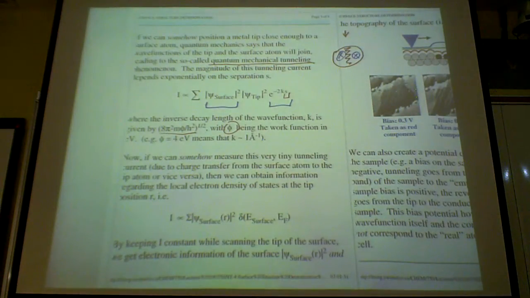This is well known. Tunneling has been known for 50 years since the invention of quantum mechanics in the 20s. So it's no big deal, but this is the first time, in the early 80s, that people actually could make tunneling occur artificially like this and actually use it for something useful. And of course, they were awarded the Nobel Prize in Physics in 1986, one of the fastest Nobel Prizes awarded within